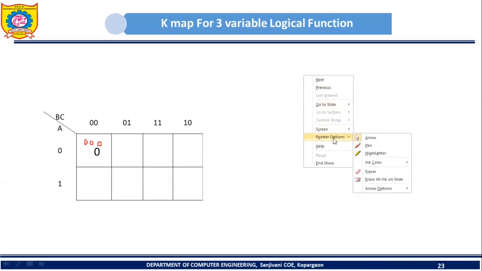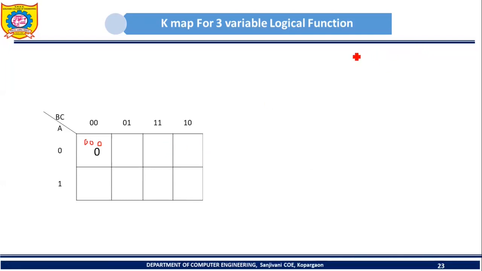So by using three variables, how many minterms are possible? If we have three variables A, B, C, how many minterms are possible? Yes, 2 raised to 3, that is, we can have a total of 8 minterms. So how do we write the minterm? We use a small letter m followed by 0. So what is this 0? 0 is the decimal number which is equivalent to the binary number corresponding to this input combination. So we can have minterm m0, then minterm m1, then minterm m2. In this way, if we have three variables, which will be the last minterm that is possible?